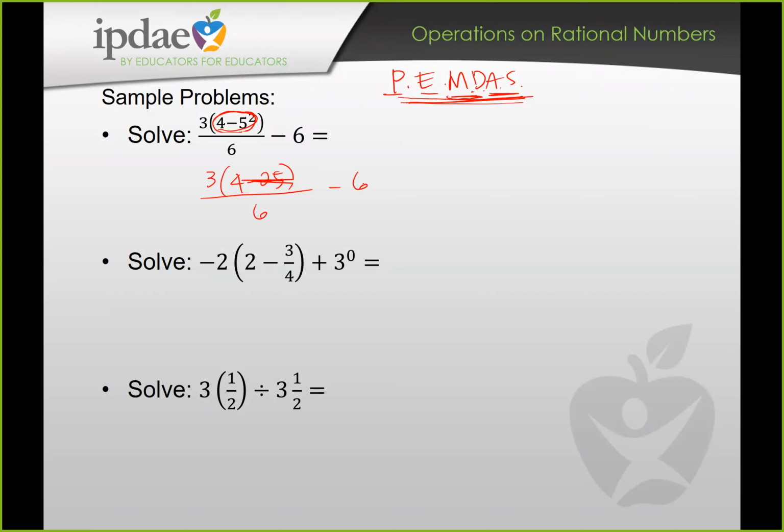Okay, right there. So we just copy everything here, and then you can simply do the subtraction already in the numerator. So this will simplify to 3 times negative 21, keeping that rule, over 6 minus 6. All right. And then after that, I usually tell the students, when you're working off of a fraction and